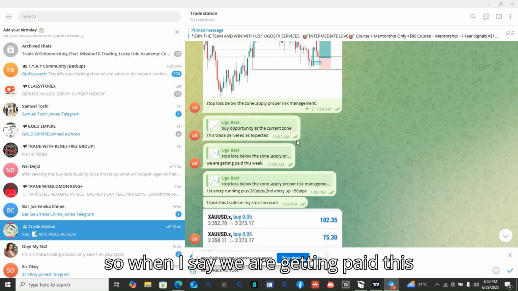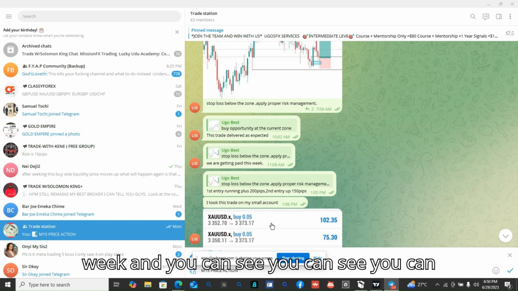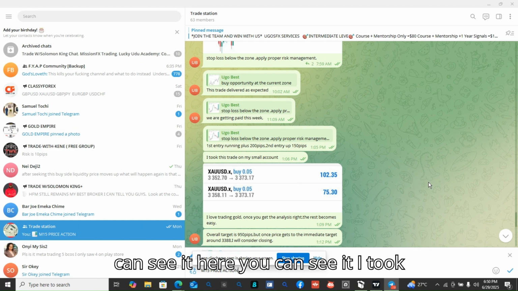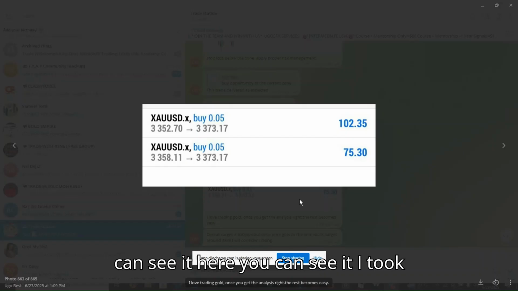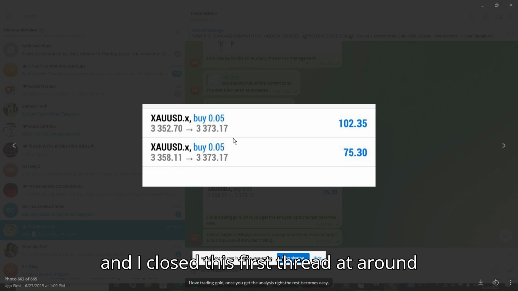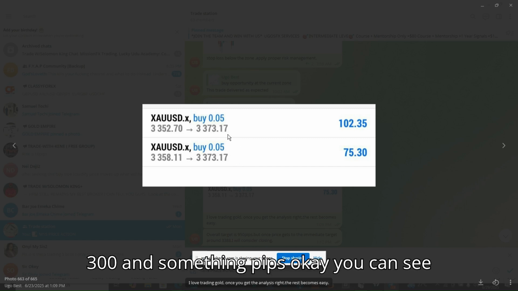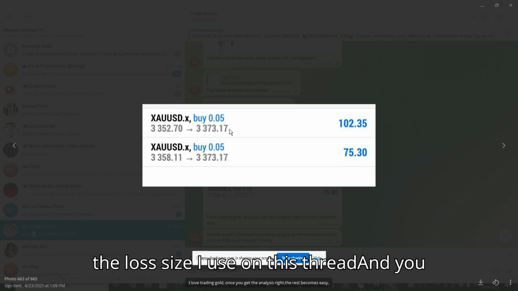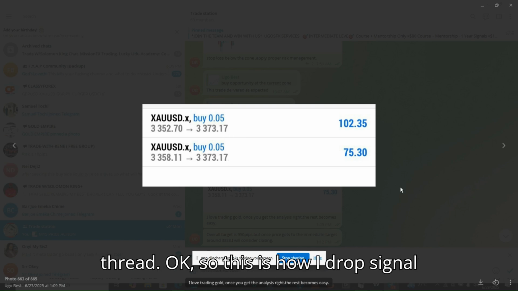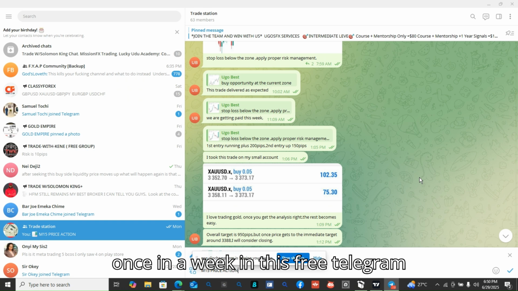So when I say we are getting paid this week, you can see the signals yielded results here. I took my first trade at 3352.7, and the second trade I took at 3358.11. And I closed the first trade at around 300 and something pips. You can see the lot size I used on this trade, and you can see the money that I made on this trade. So this is how I drop signals once in a week